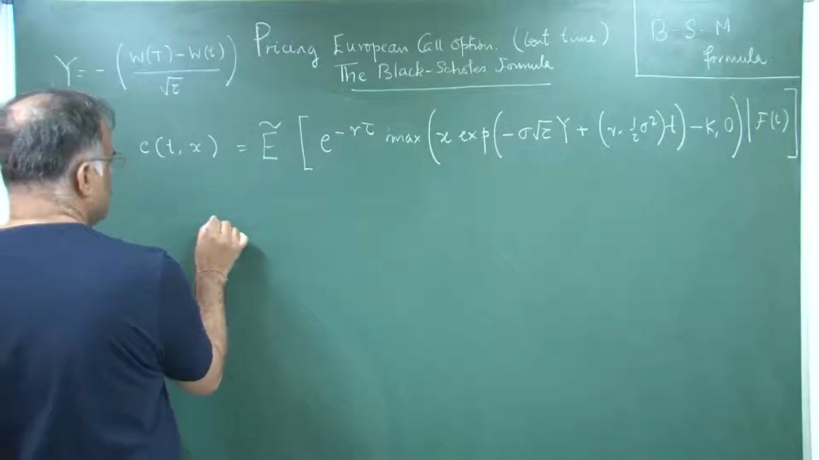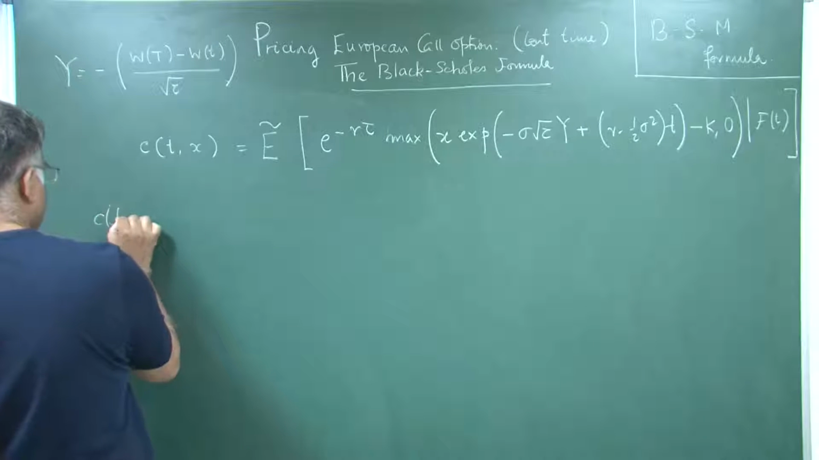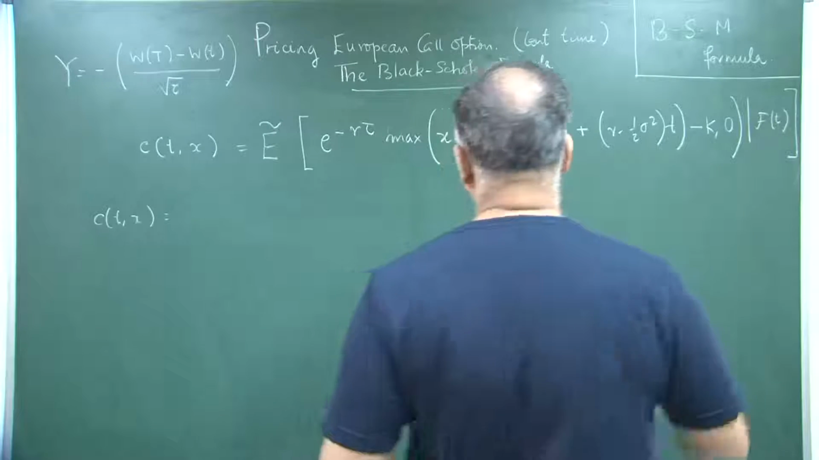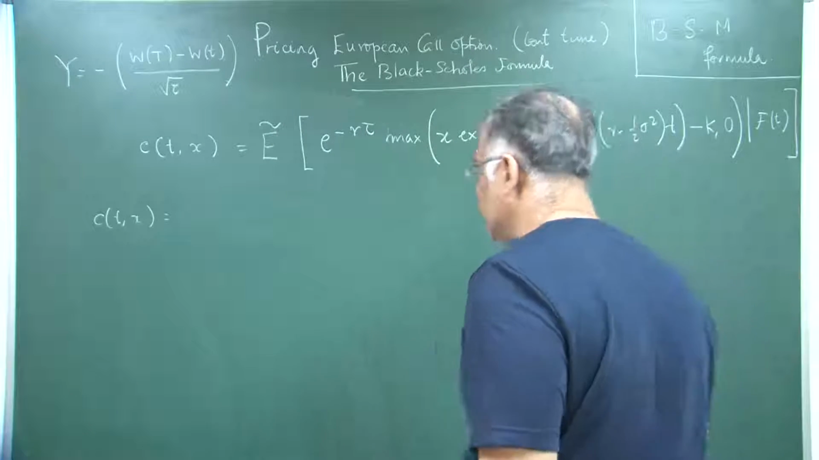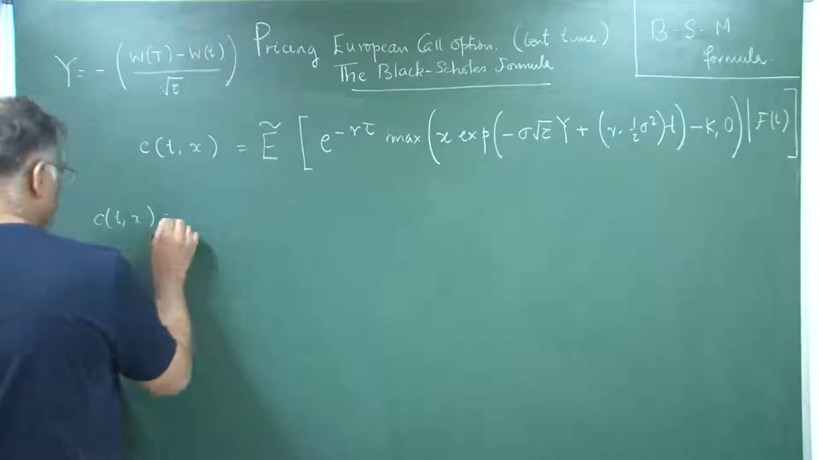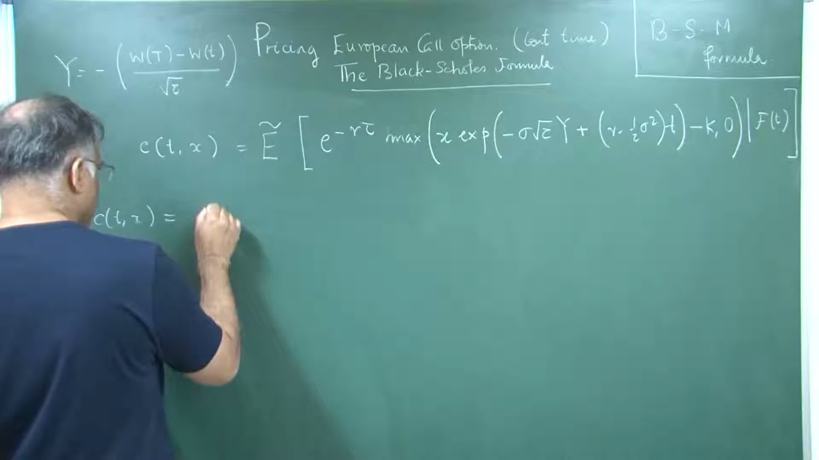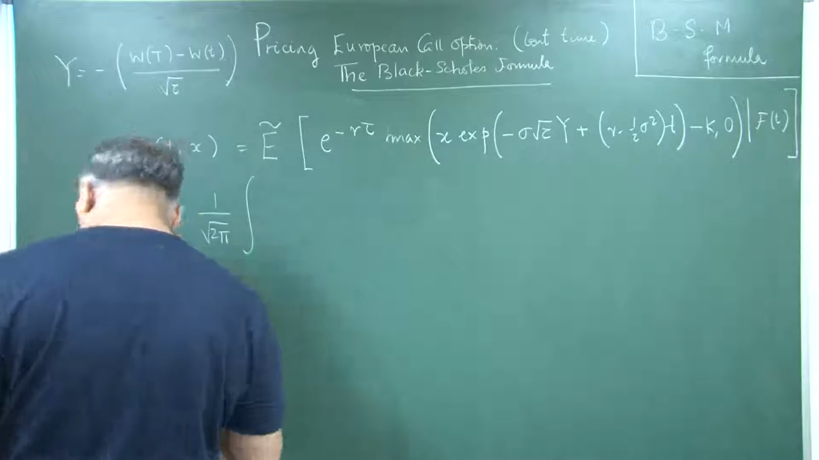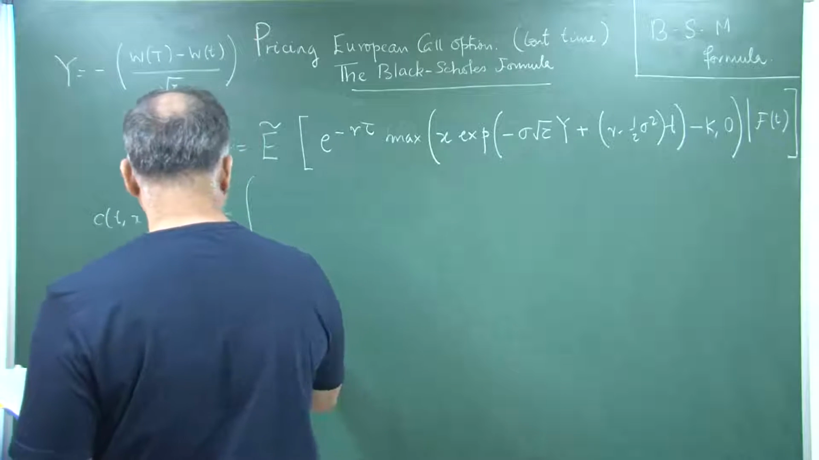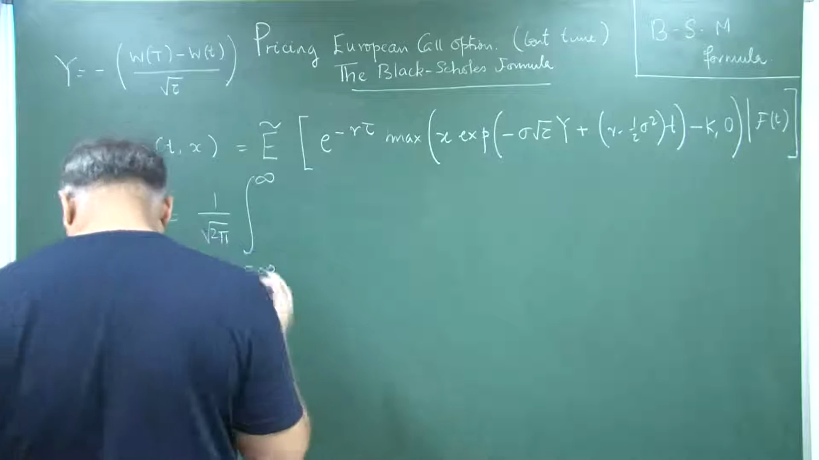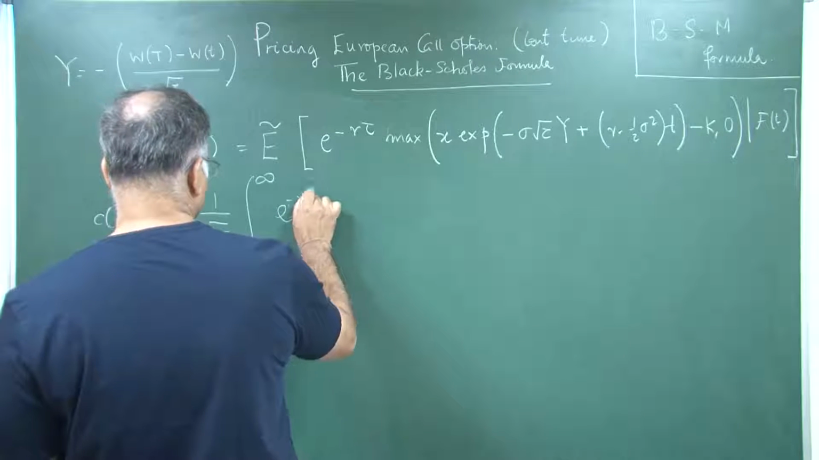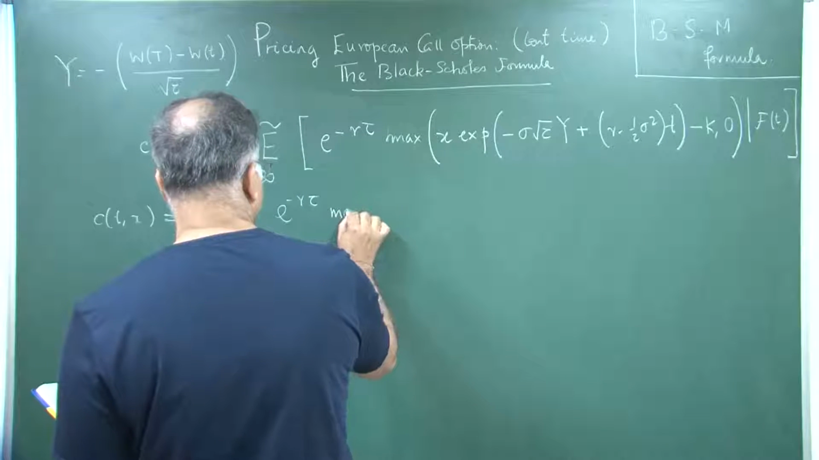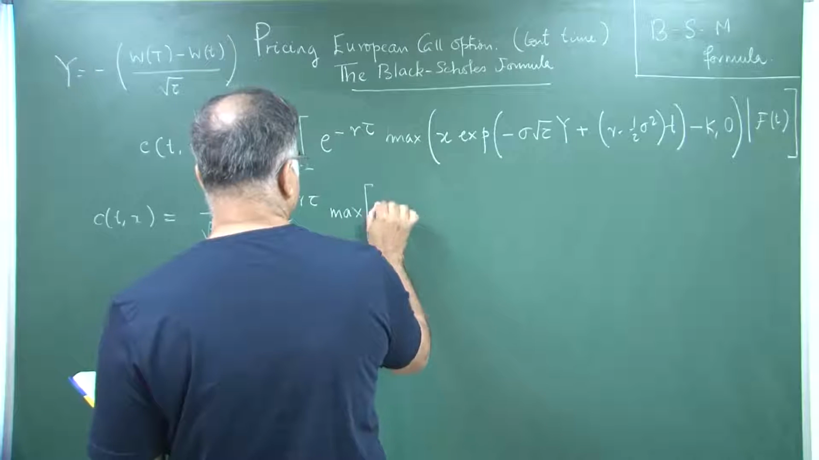So, I can write this as C(t,x) using the fact that y is my random variable. So, this is a function of y. I am just writing down the expression. So, 1 by root 2 pi. I am assuming that you know very basic facts about statistical distributions, especially the normal distribution, the most important one. Max of x into